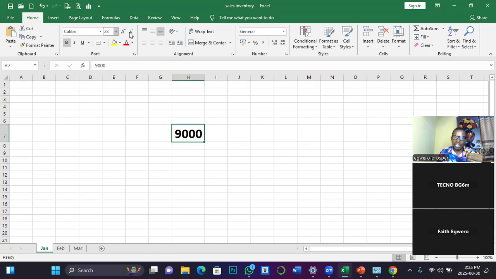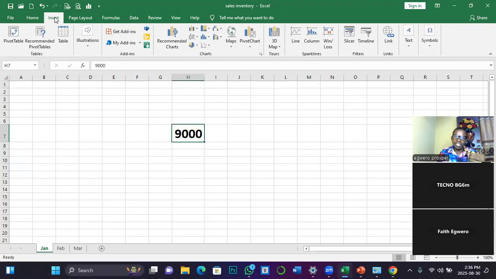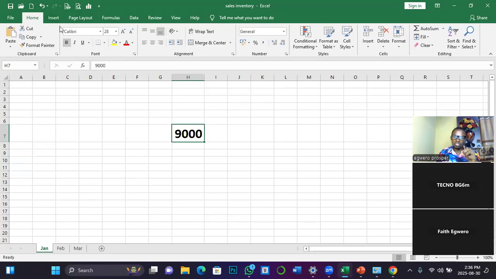This command that I used here cannot be found under insert. As a matter of fact, the commands you have under each tab are not repeated. Whatever command you are able to see under any tab is not repeated under another tab. So you need to make sure you understand the ones under each of them, if possible. All right, so that is just for that.